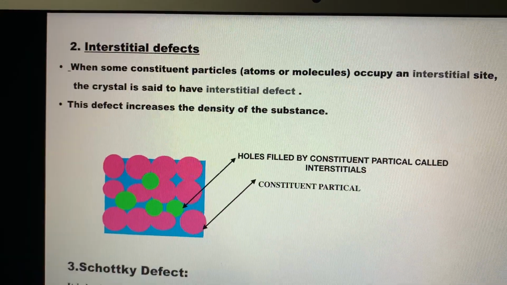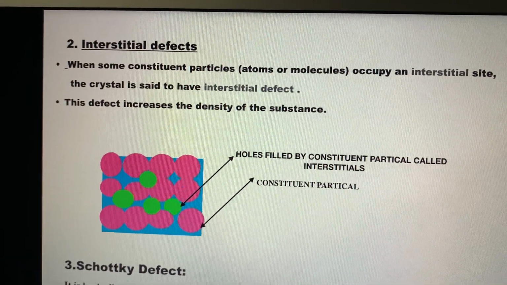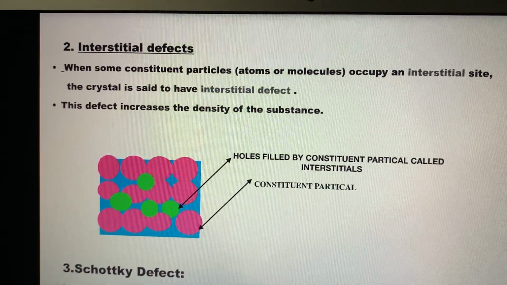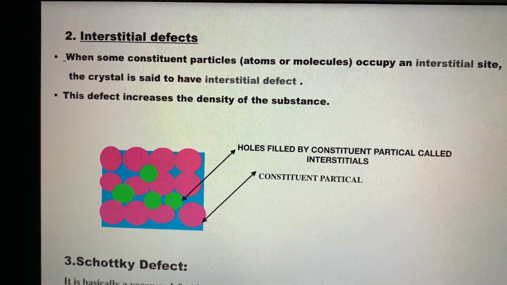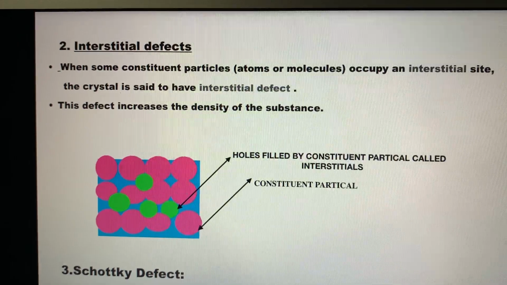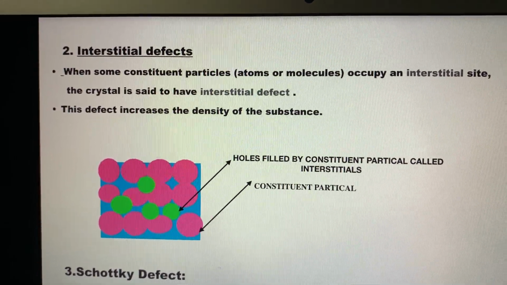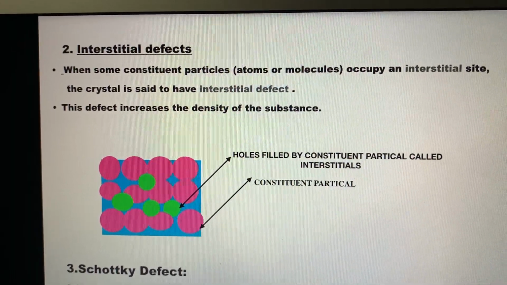As it is against the normal pattern, this is also called interstitial defect. What happens in this case? As an extra thing is coming in, density increases. But in the case of the previous vacancy defect, you have seen something is missing. That's why density decreases. It becomes comparatively lighter.